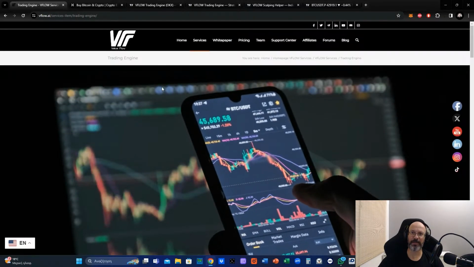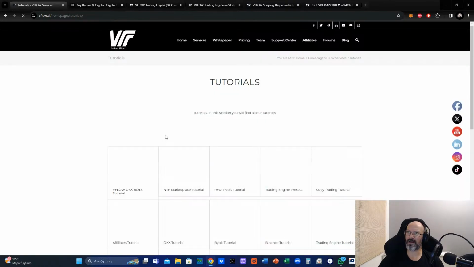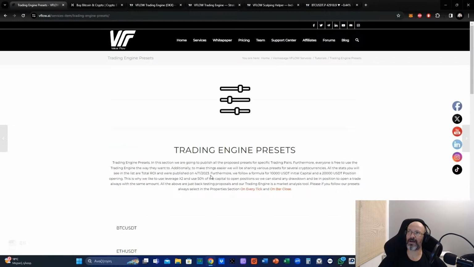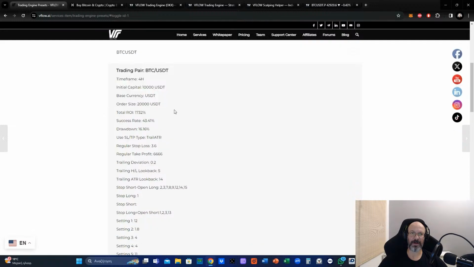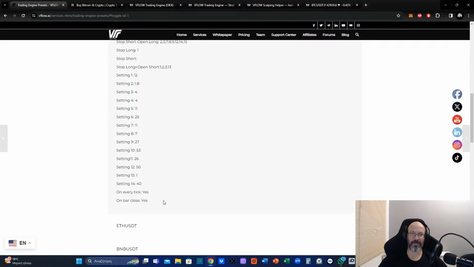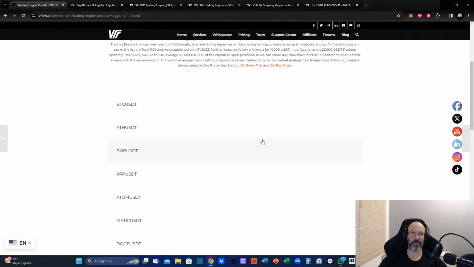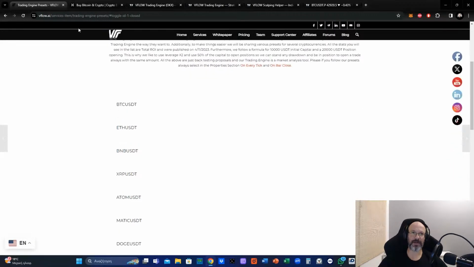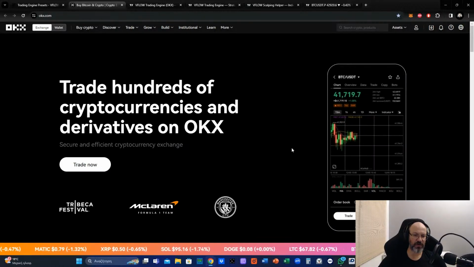Where you can find these presets: you can find them in our support center, on the tutorial page here. Go to trading engine presets, and by clicking on every trading pair, you can see the full-width menu, which shares with you the details of setting up your own bot. Of course, when it comes to trading, we trade on the OKX platform,